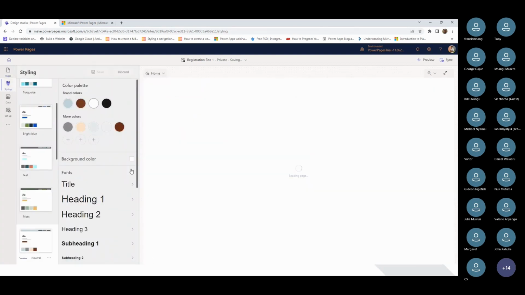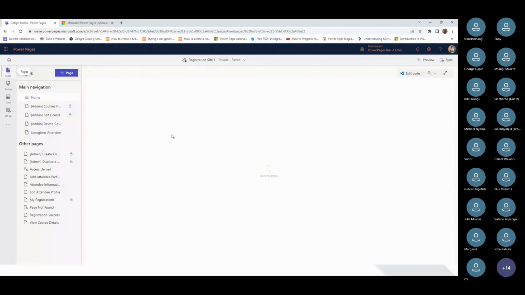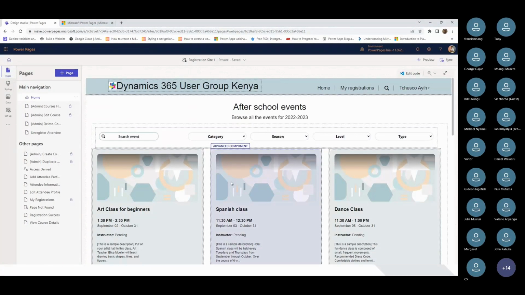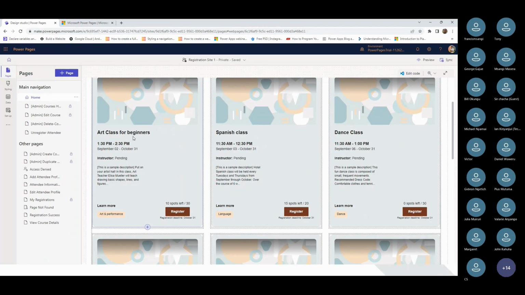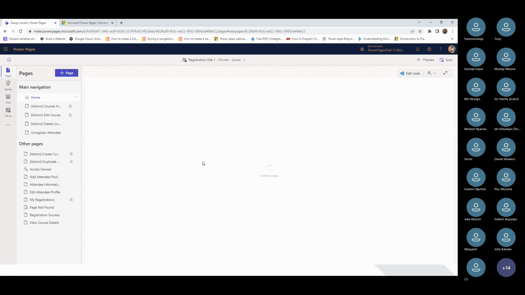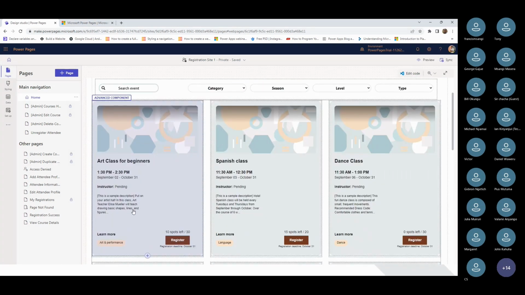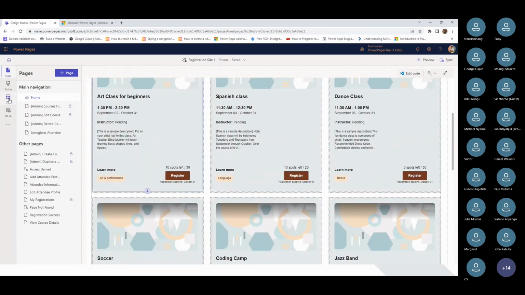So we select this. I'm changing the style of the button. Okay. So this data here is populated right from, is taken right from the data table that is the courses. So that's what is populating in the pages over here for us to view. That's what is populating in the table for us to view. So when you populate this in the table,